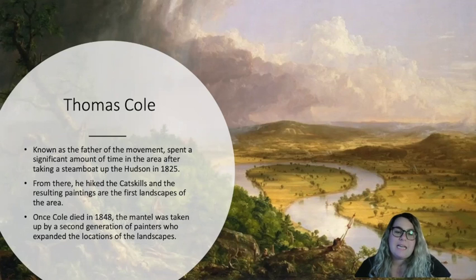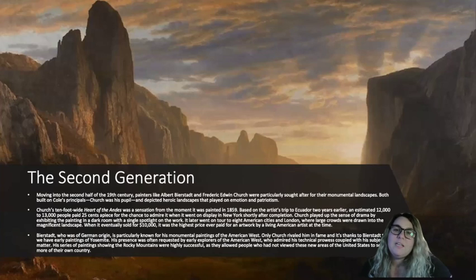Once Cole died in 1848, the mantle was taken up by a second generation of painters who expanded the location of the landscapes. The second generation. All right, so moving into the second half of the 19th century, painters like Albert Bierstadt and Frederick Edwin Church were particularly sought after for their monumental landscapes. Built on Cole's principles, Church was his pupil, and they also depict the heroic landscape that played on emotion and